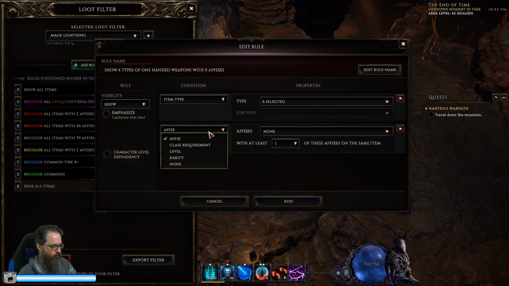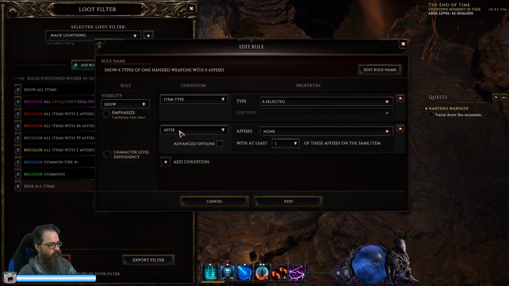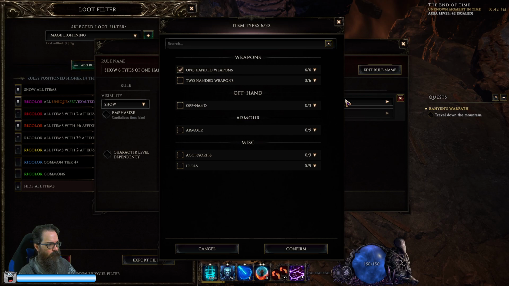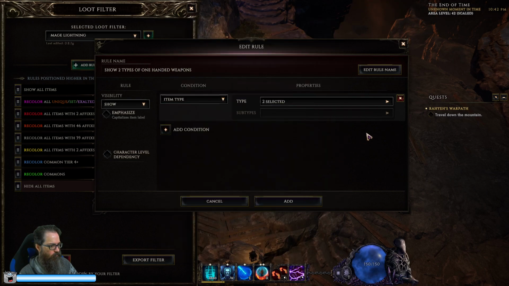I want class requirement. Not really. I want the... Okay, so we can just put, for now, wands and scepters. But I wanted to have...